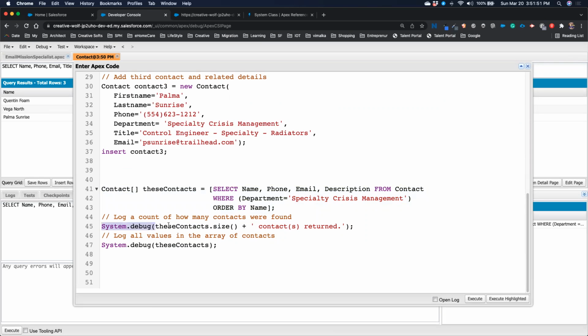And there will be a log to get the contact size, and it will show you the contact list as well. So I just execute this section